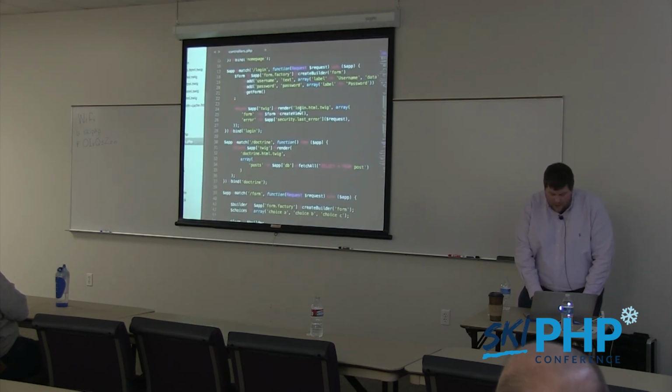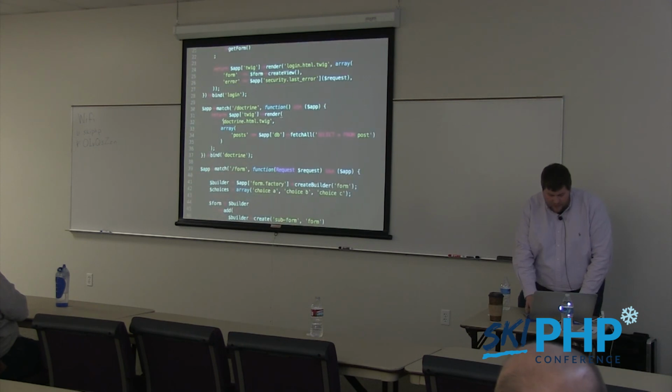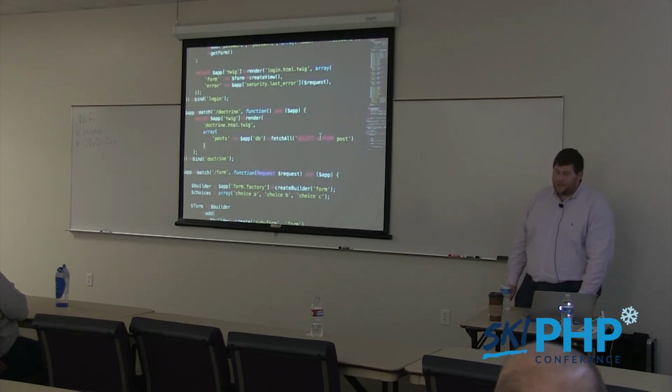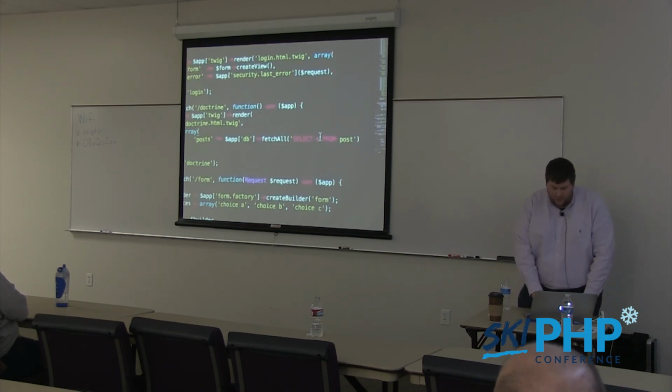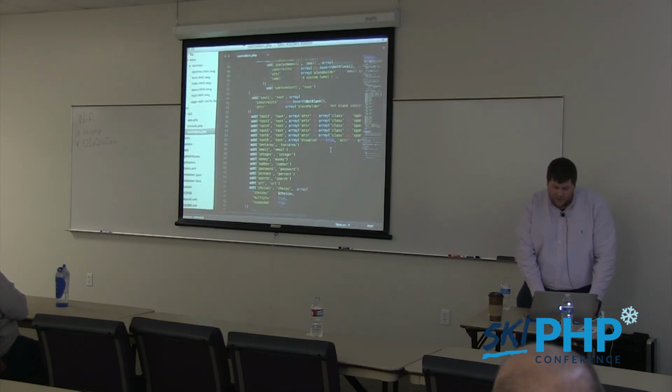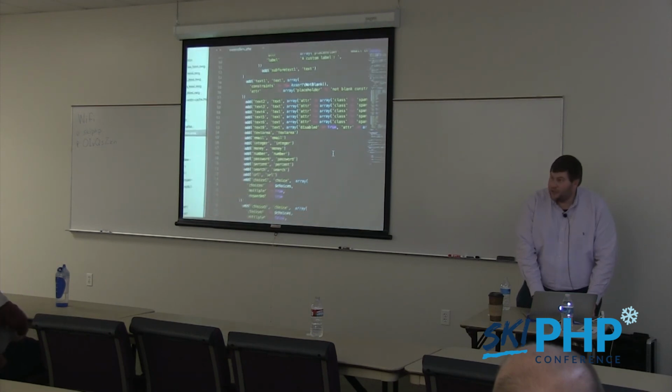And then there's a lot more examples, but if we want to go to the Doctrine example, if I go to /doctrine, I want to use the Twig service and then just pass a list of posts by calling select star from post and pass it to our view. And the same with the crazy form that we saw. I'm sort of embarrassed to show this code, but